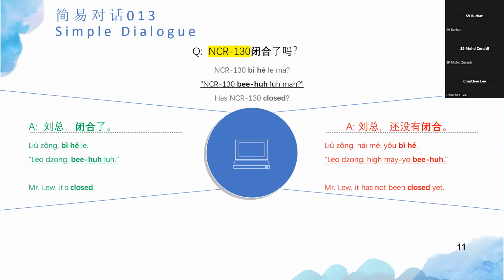Yes. So the keywords we see here is 闭合, which means close or not close. Again, for reminder, those words that highlight in yellow can be replaced. It can be NCR, it can be SIR, it can be RFI, MSA, and so on. So here come our new patterns of simple dialogue with positive in green and negative in red. Next, proceed